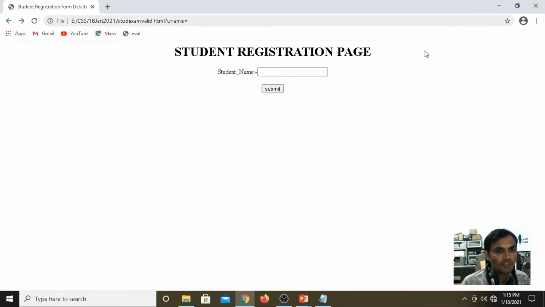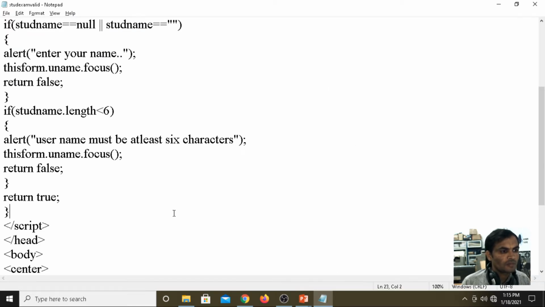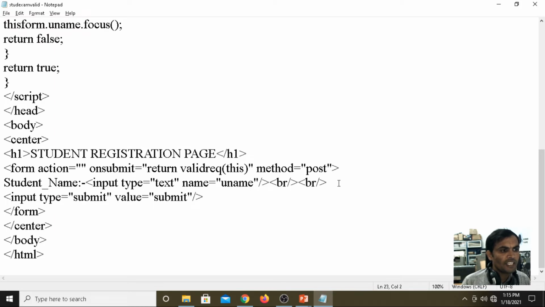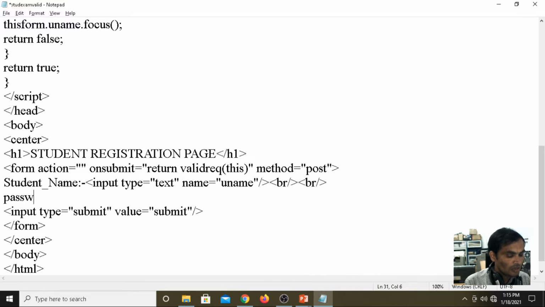Then next we are going for the password. One more label we are taking: password.